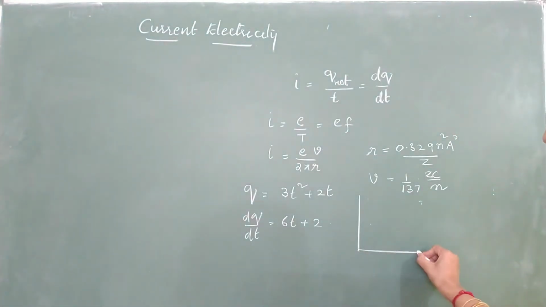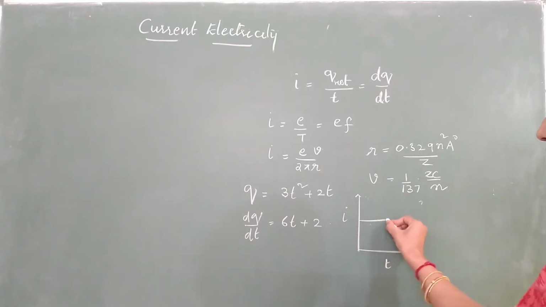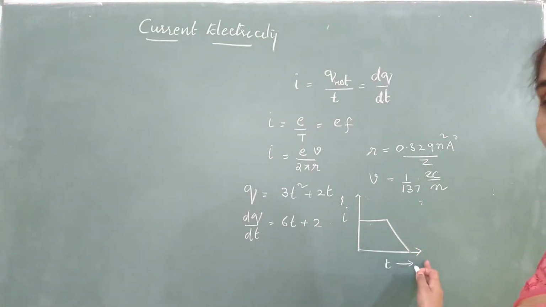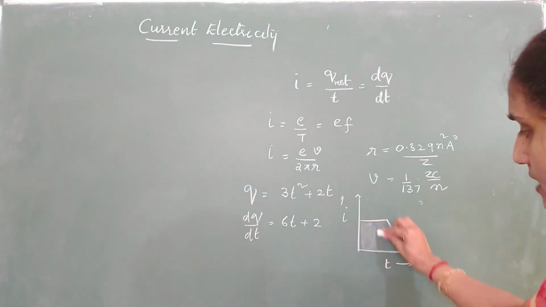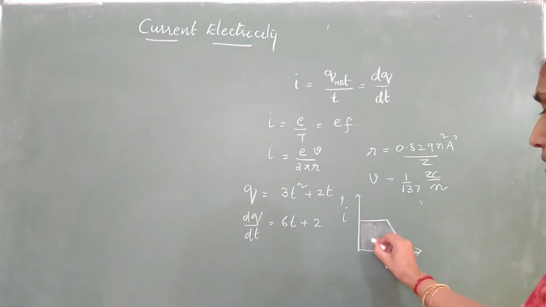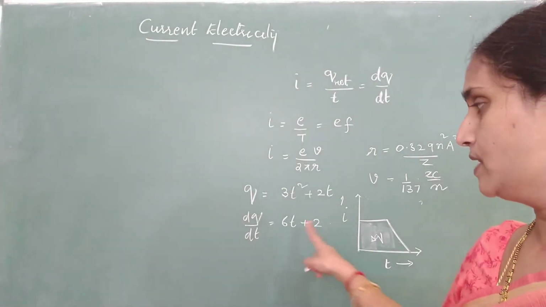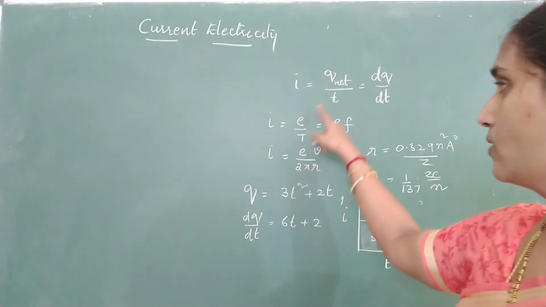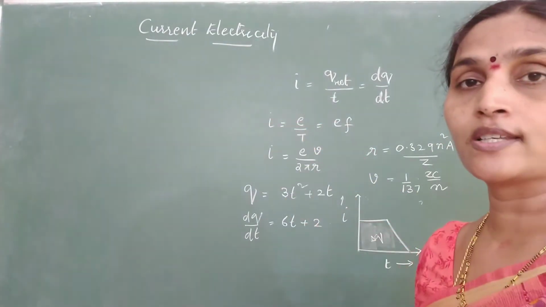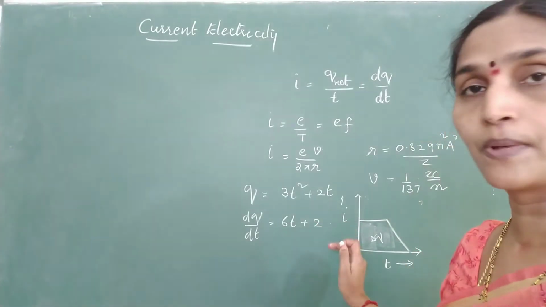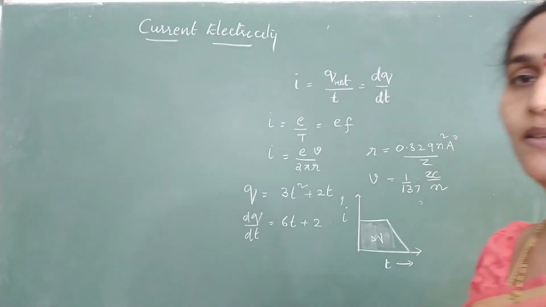Or they may give you a current versus time graph. Say current is varying with time according to this relation. What is the net amount of charge transferred during this time interval? Remember, the area enclosed by the I versus t graph will give you the net charge transferred. So either from this, or by giving the equation, or by showing you that an electron is revolving in an orbit, you may get questions related to evaluation of electric current. This is a simple application related to current.